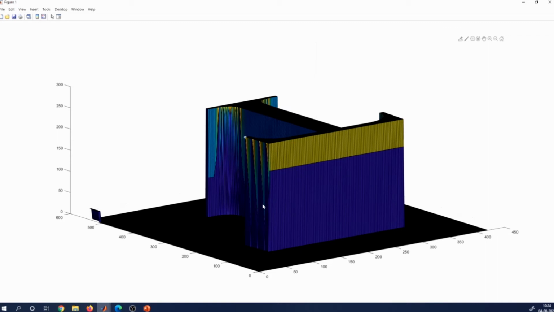So this is a nice 3D representation of a 2D image, because the third dimension is nothing but the intensity dimension. You should always see the image in this perspective.